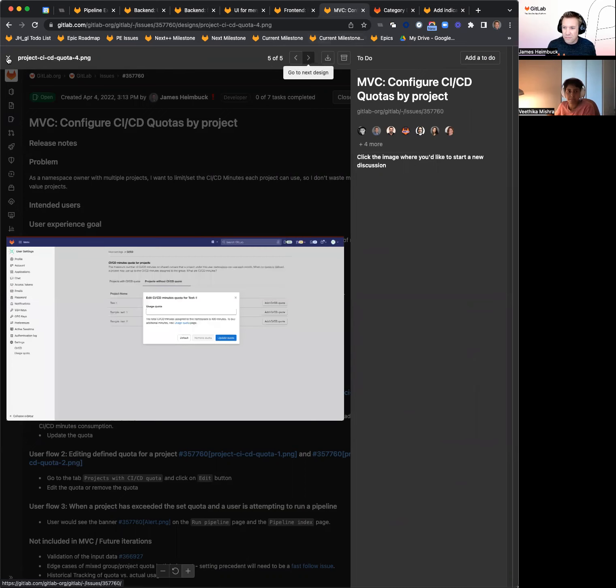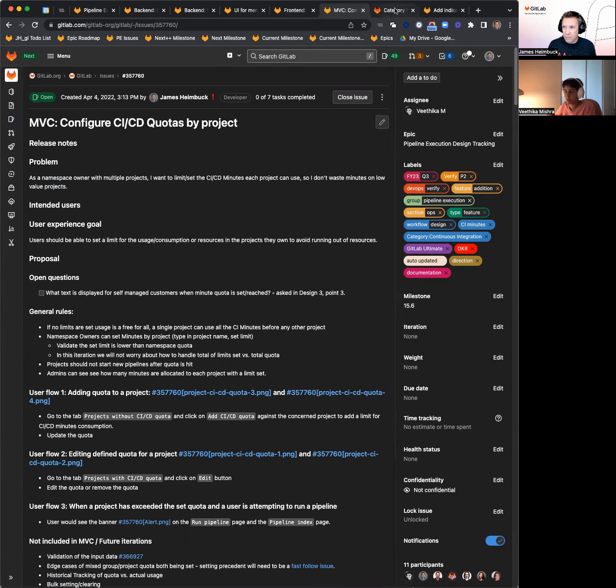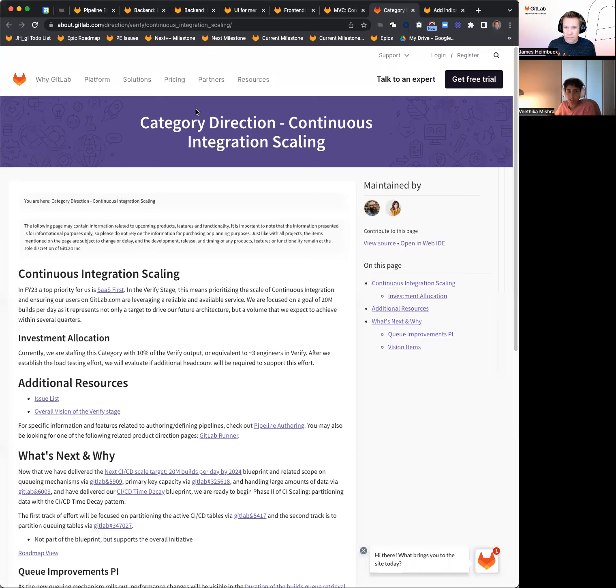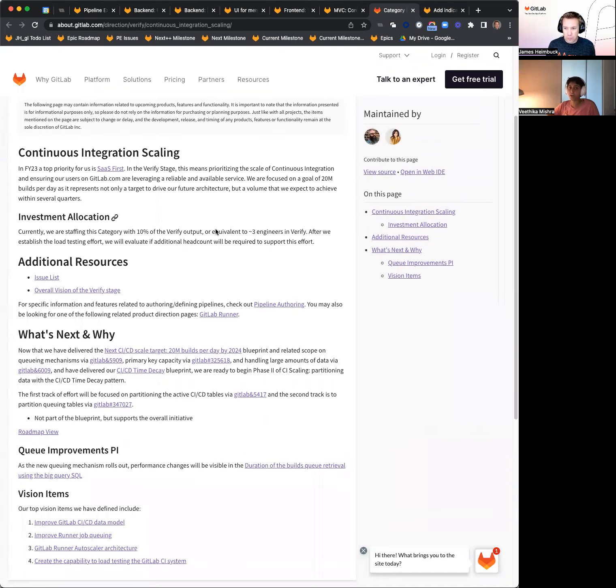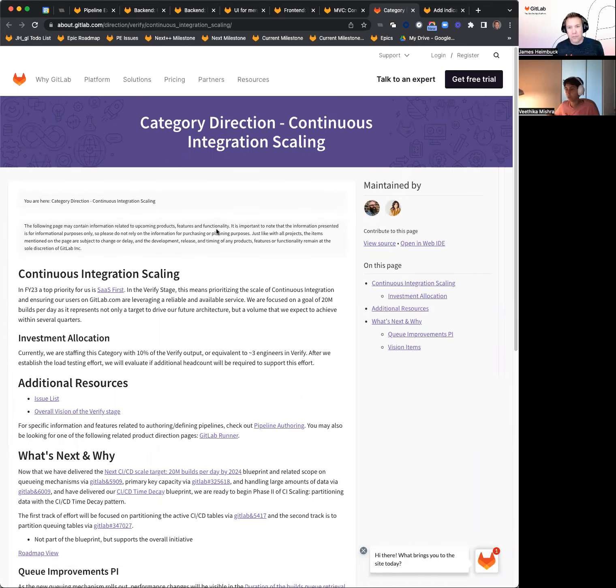And now moving on to the next one. So, category direction for continuous integration scaling. I wanted to talk about this one because we are planning on doing a category maturity scorecard research for this particular category. And we want to see if this is ready to be moved from minimal to viable. Now, what does viable stand for? So viable means that,